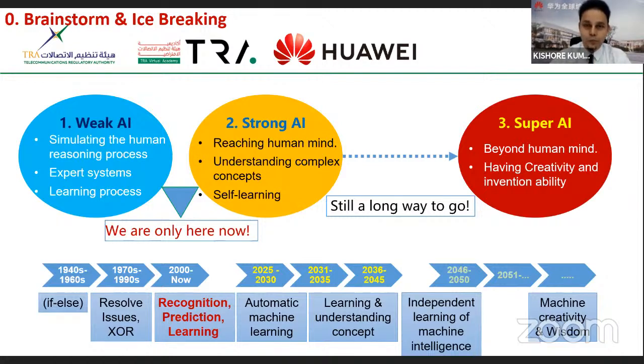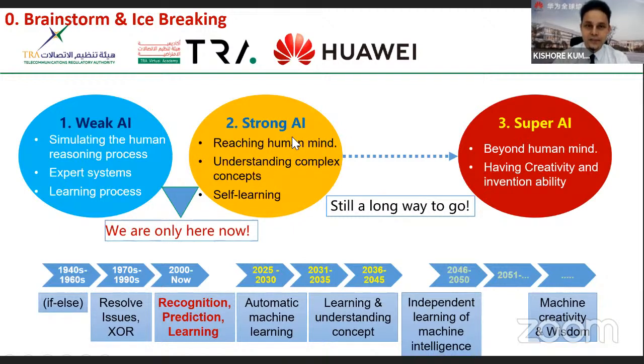So far we've talked about the weak AI era and the strong AI era. Right now, we are standing at the junction of these two AI eras. We have accomplished expert systems. We're doing a lot of things in the machine learning and deep learning area. Okay, so as you can see from the slide here, we're standing here right now and moving forward to the era where we can reach these goals.